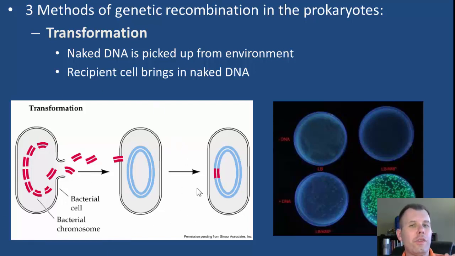And we actually use this as a molecular biology technique. You can see bacteria glowing here, and this is done artificially in the lab. We can put genes that allow things to glow into bacteria by doing that. Another example: remember when I talked about in molecular biology when we took the insulin gene from humans and put it in bacteria? Well, in order to put that gene in, you actually have to do the process called transformation. You put that into a plasmid, the bacteria sucks it up artificially, and then makes that protein that we need. So that's a really easy, useful way that we utilize it in molecular biology.